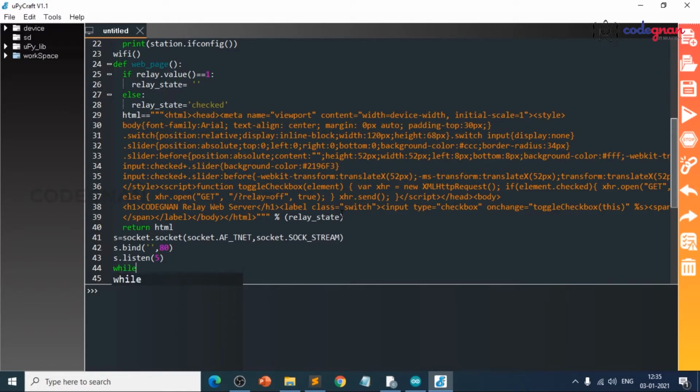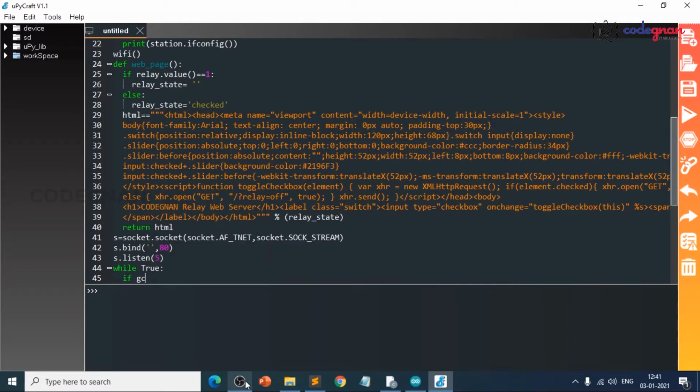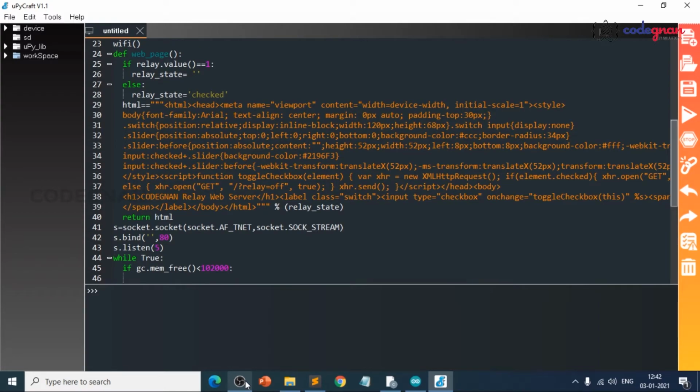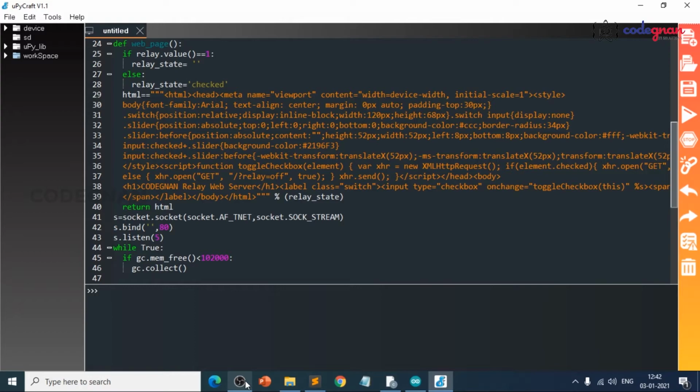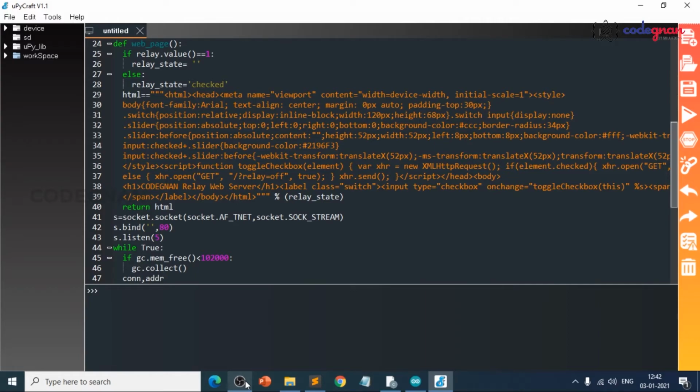Next, while True, if gc.mem_free is less than 1 lakh or 2000, then gc.collect, and come out of this loop and start connecting with our web server. conn, addr equals s.accept.